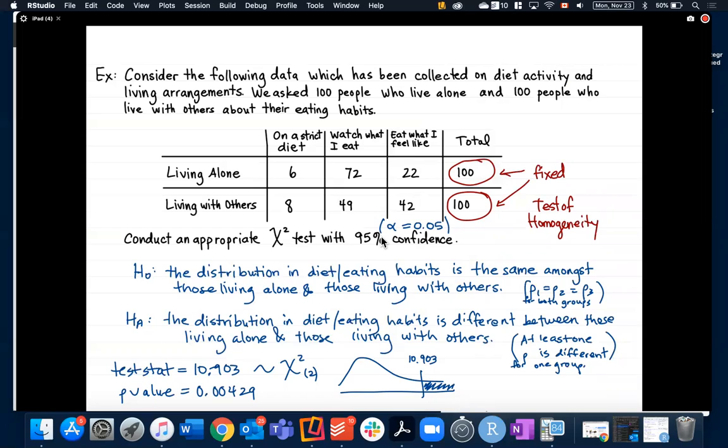So we have significant evidence here to suggest that the distribution in eating habits is different between those living alone and those living with others. We can't say for sure that that's the cause of the difference in the distributions, but that's certainly something that's going on here, right? So in this case, it seems like